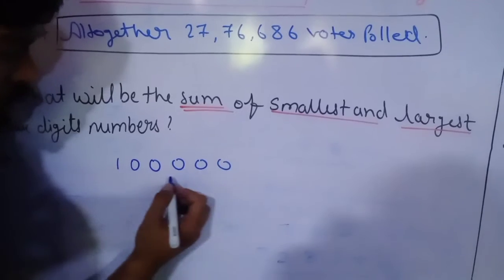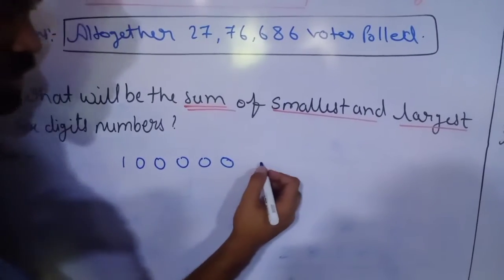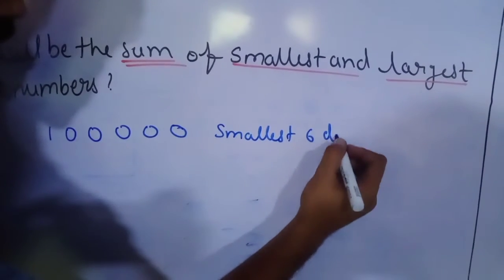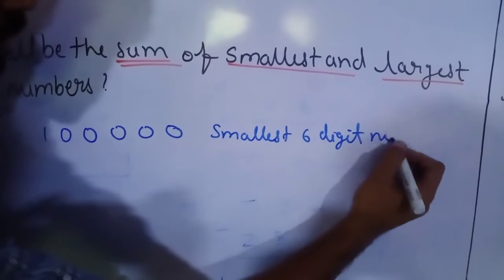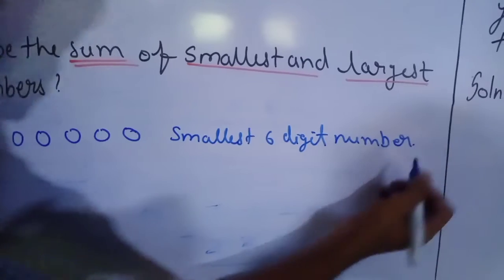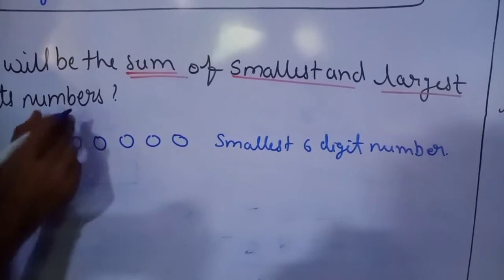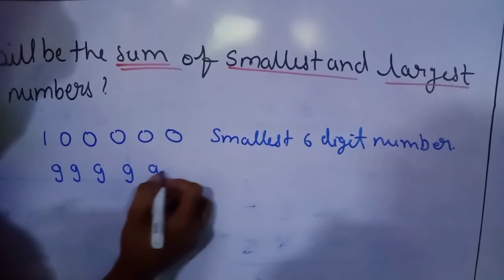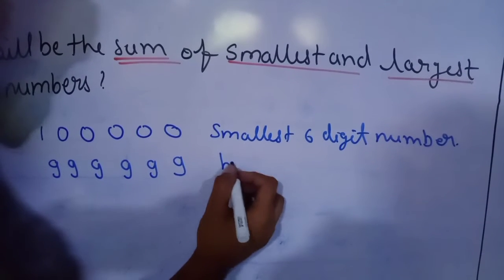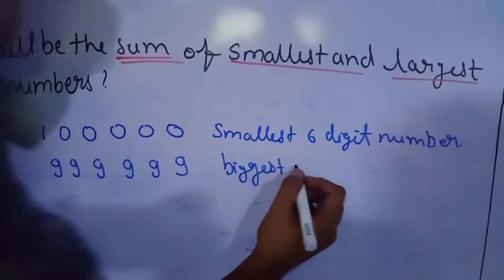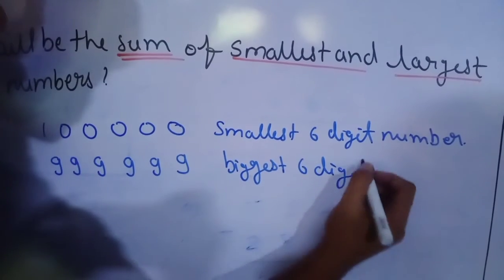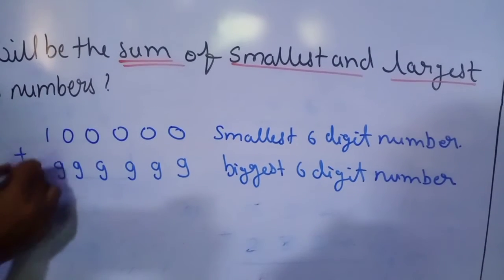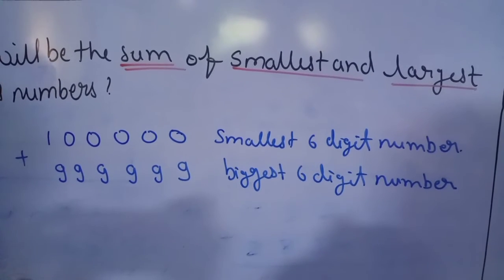Yes. This way we can say this is the smallest 6-digit number. Yes. Now the second, the biggest 6-digit number, 99999. That is the biggest 6-digit number. Yes. We have to do the addition. So